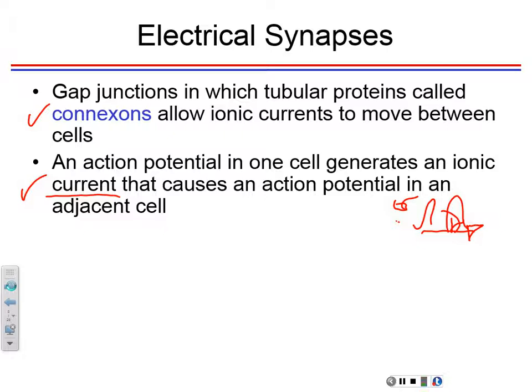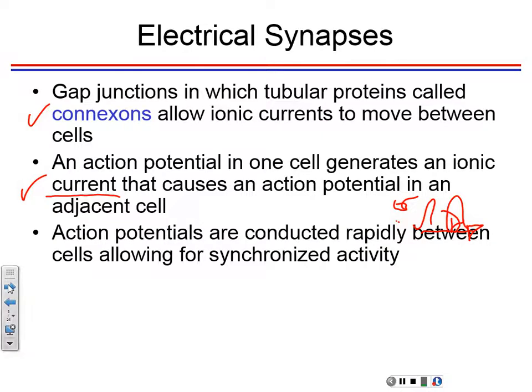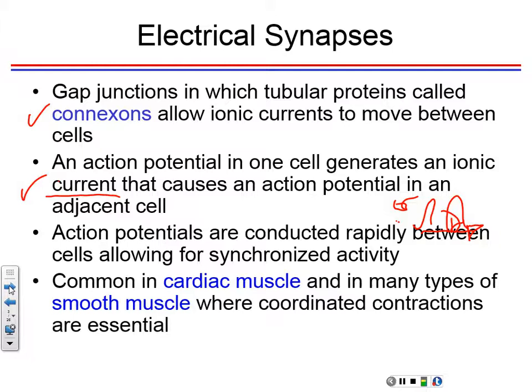Okay, and then these gap junctions will help to pass the current through by allowing ions to go in and out, because the action potential is purely sodium in, potassium out, sodium in, like that. Okay, so that's what the connections will allow. So action potentials are then conducted very rapidly because these gap junctions or these connections will allow ions to pass in and out. So it will act as if it's all one membrane. All right. That's how muscle cells in the heart and smooth muscle cells will conduct as if they are one cell.